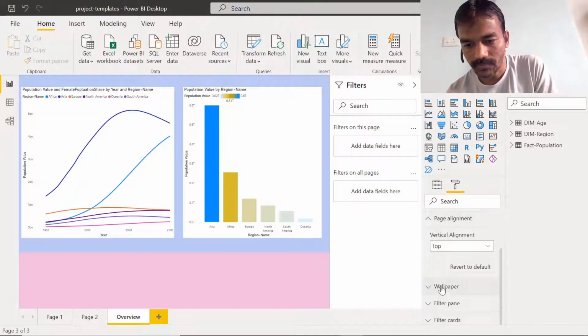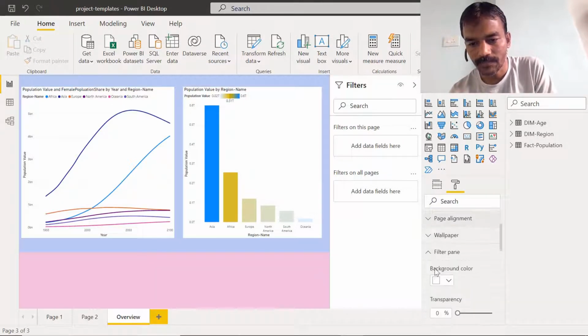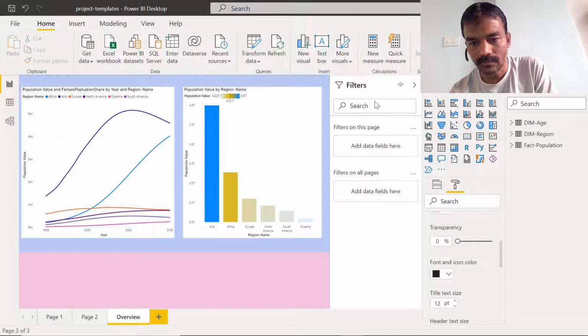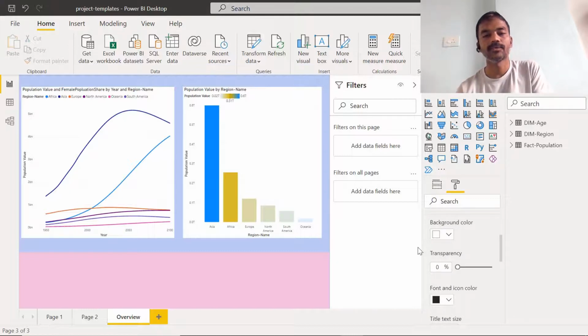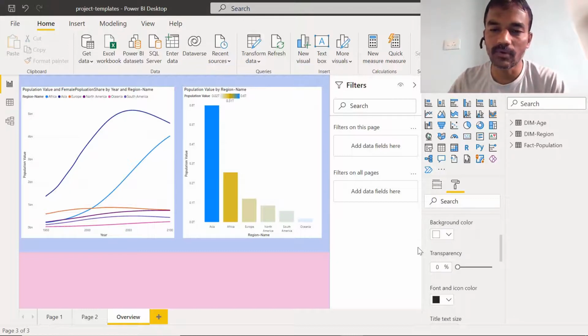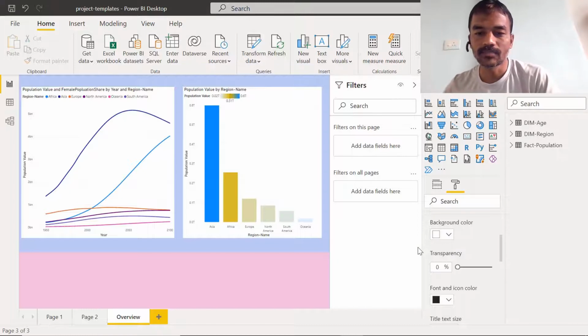Now the next option which is available is filter pane. So basically filter pane is one thing which you can see here, where we have this color we can specify. Right now it is a white color, but we will see how we can make this filter visible to users or not.